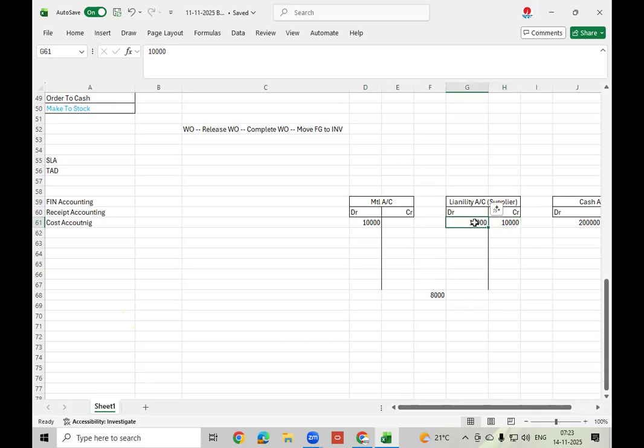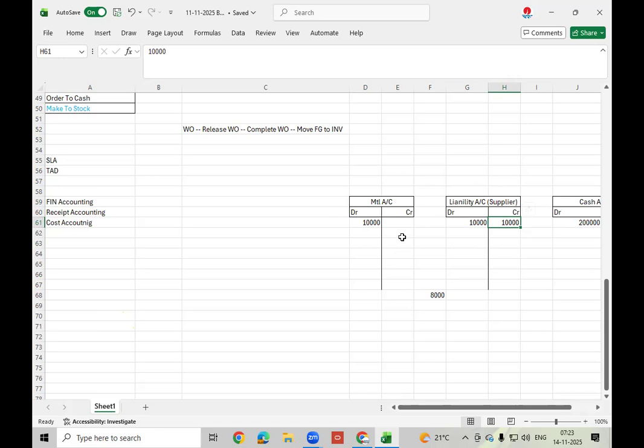Entered initially for material transaction, later cash transaction, payment transaction. But likewise, multiple times with multiple transactions, these values you will find in debit side and credit side. So these accounting entries will maintain in that particular transaction